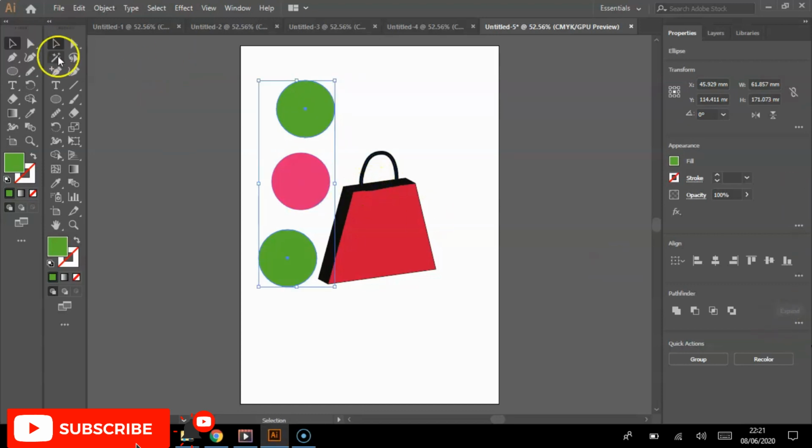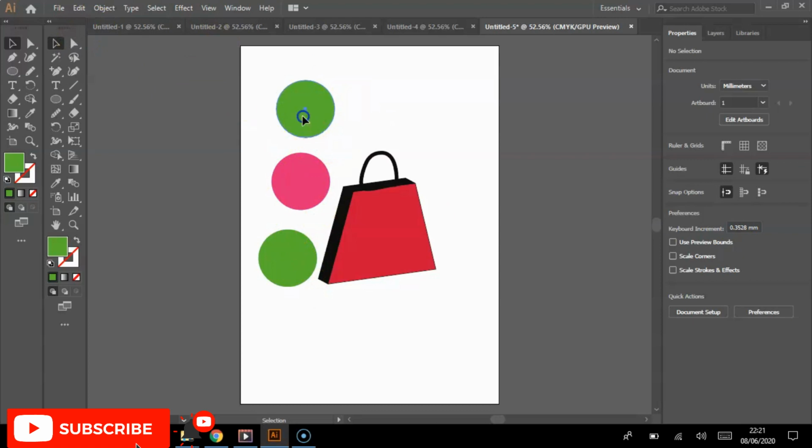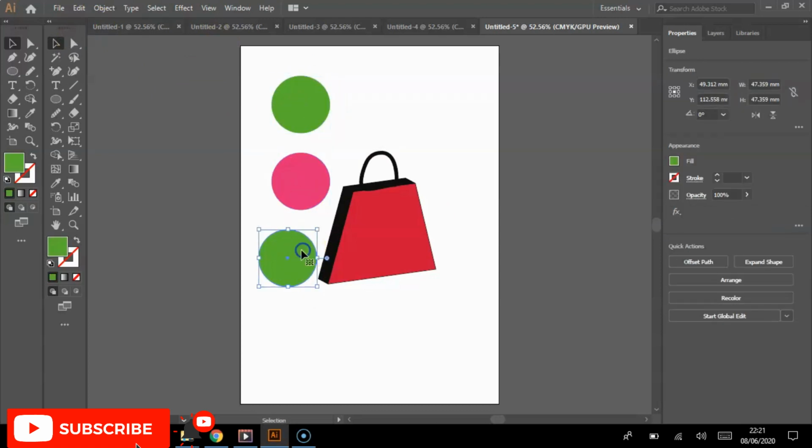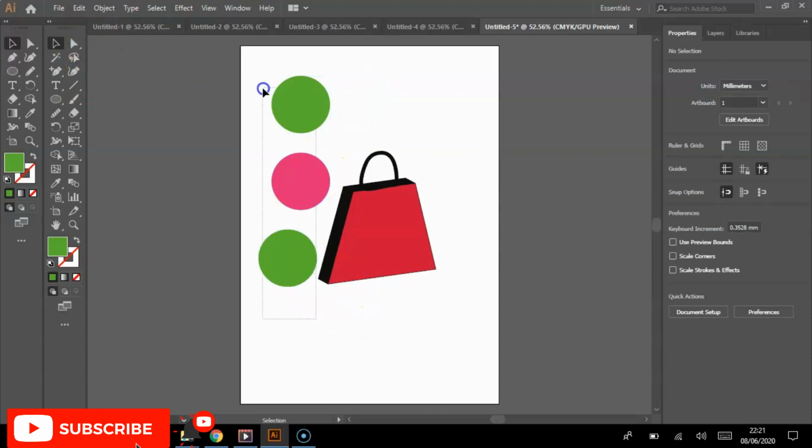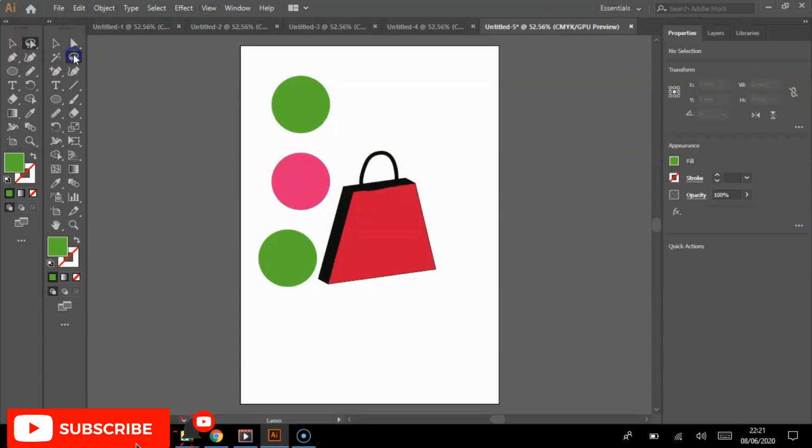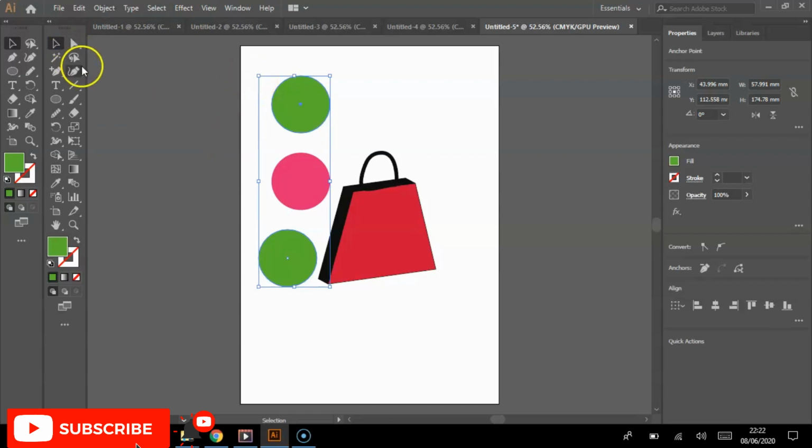Next we are going to see about lasso tool. Now keep the same object. What I want it means, if I select, are you seeing everything is selected? I want to select only the green color object. I don't want to select this pink one. So those cases what you have to do, we have to go for this lasso tool. Are you seeing now only green color it is selected. It's not selecting this pink. So for that purpose, we'll go for this lasso tool.